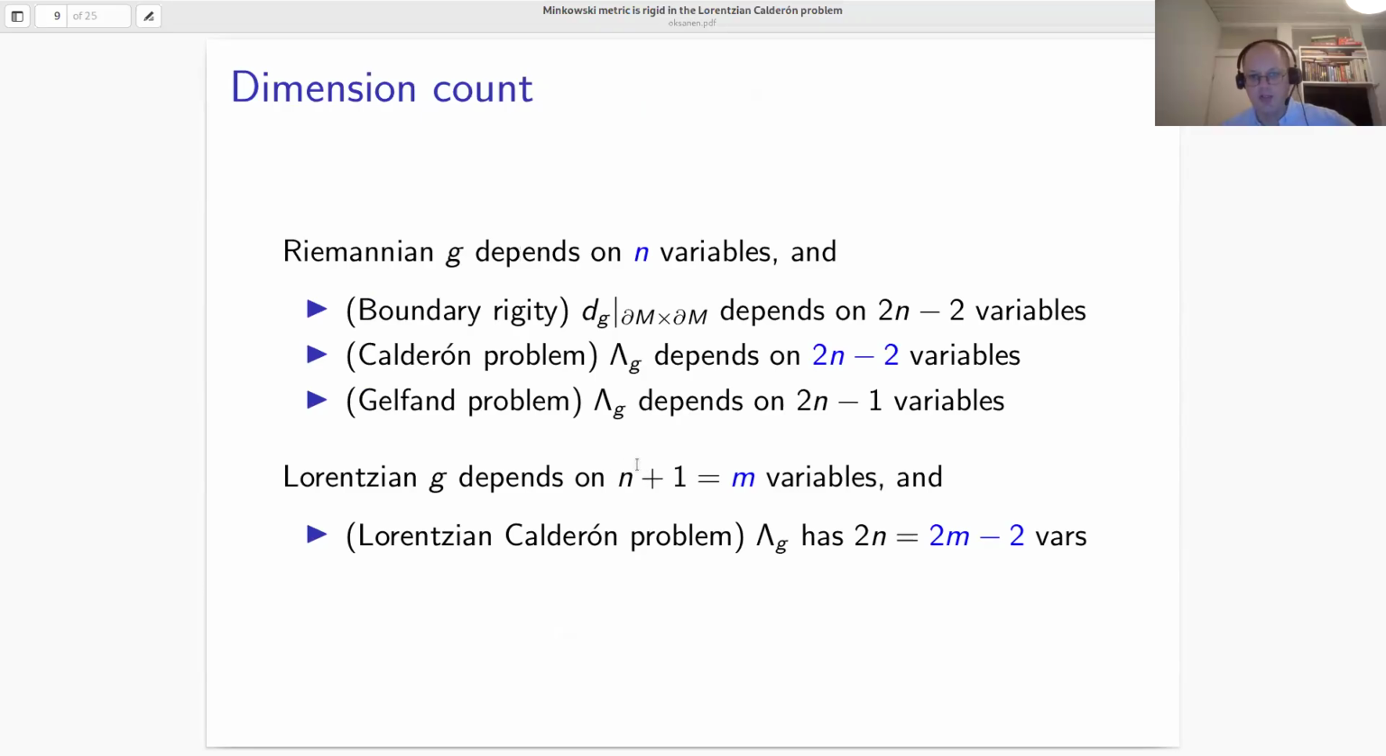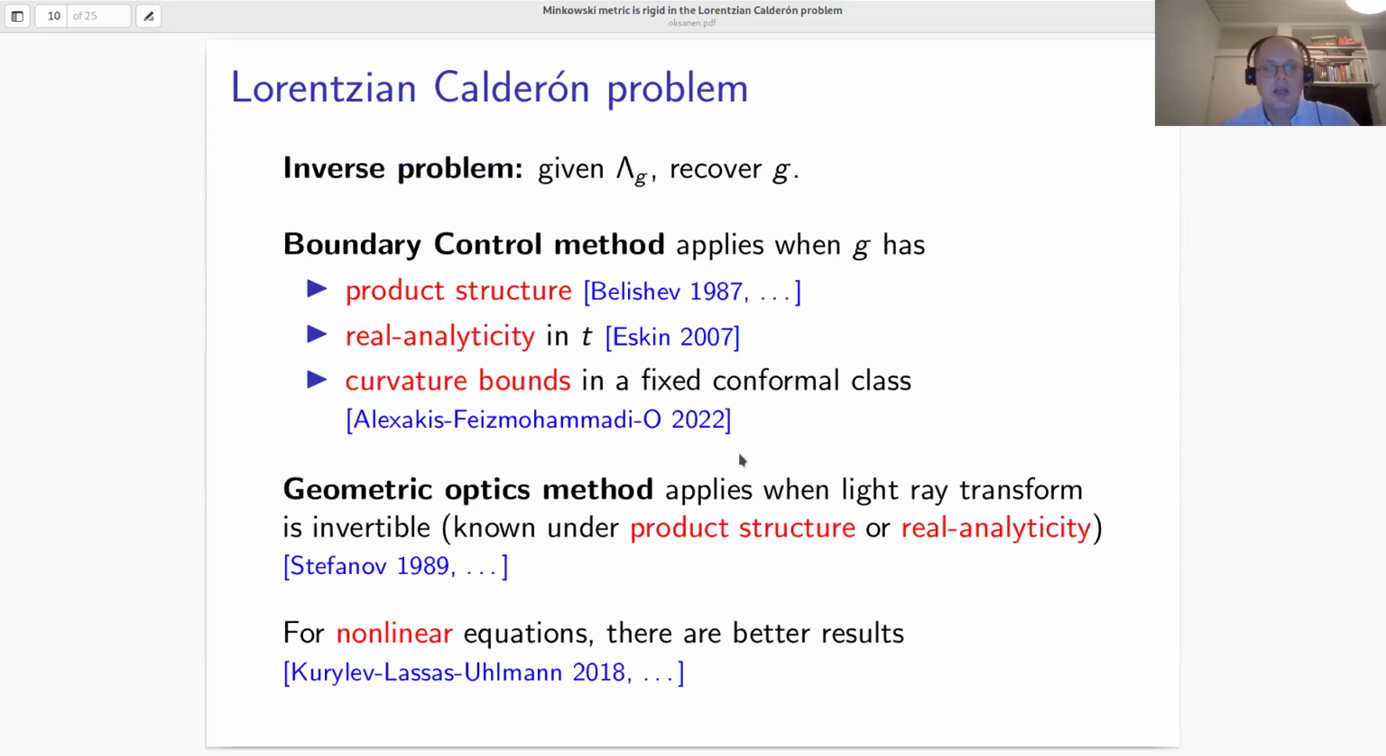So my convention is that the spacetime always has n+1 variables, but if I just rename that to m, I see that the dimensions in unknown and data behave in the same way in these two Calderón problems. Okay. So this Lorentzian Calderón problem is also very much open, but we can say a bit more about it